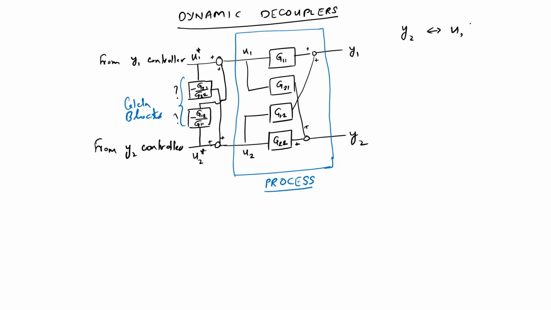So y2 is going to be g21 times u1 star minus g21 by g22 into g22 u1 star, which is actually, if you want to see it strictly, minus